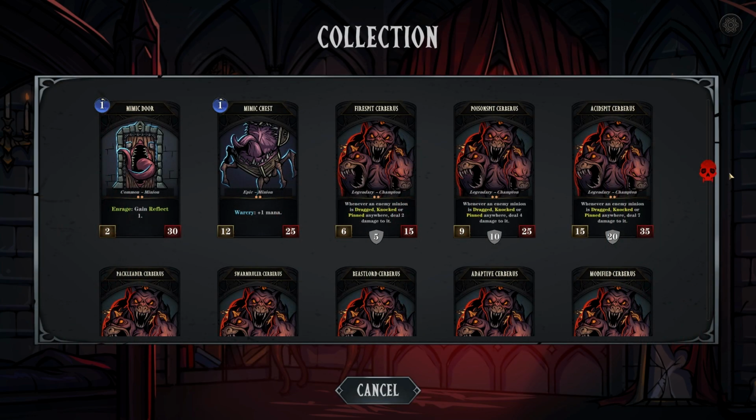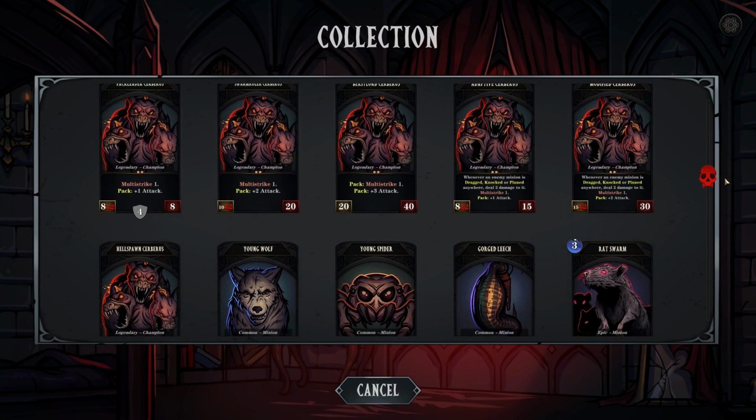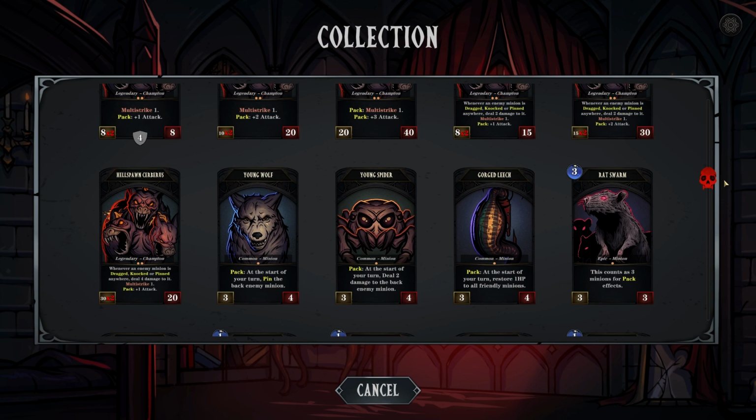You can either max out that damage and go for 2, 4, then 7 on the dragged, knocked or pinned, or you can look to maximize the multi-strike pack option where he gets quite a lot of health and does quite a lot of damage. You can mix and match and have a bit of multi-strike and a bit of pack damage. I personally prefer to just max out either multi-strike or to max out the damage from the knocking, dragging or